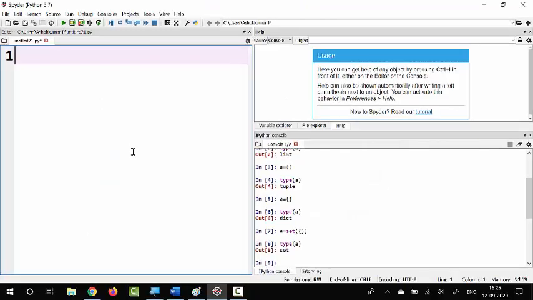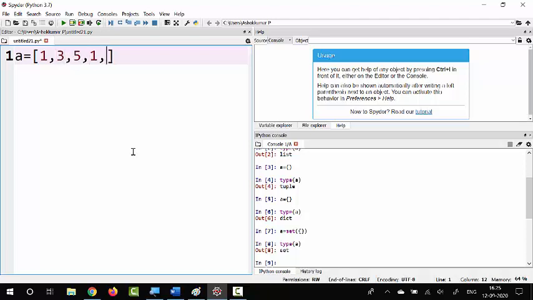In this video, we will study some basic concepts of list. Okay, so first let me create a list, and if you recall the concepts from earlier video, a list is enclosed within square brackets. So inside this square bracket, I can give any number of values.